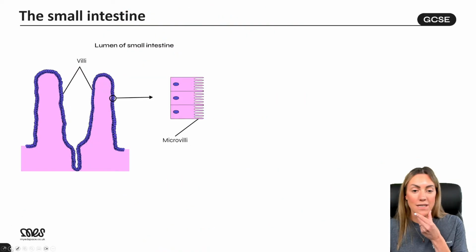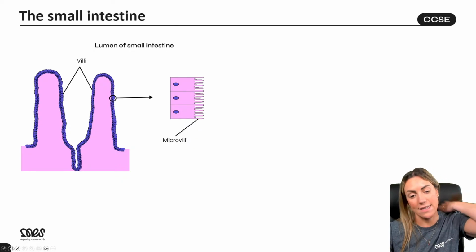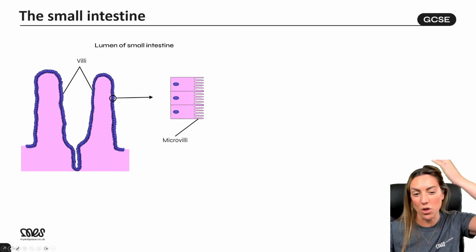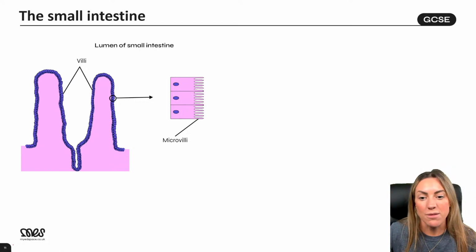I wasn't going to do food tests today because there was a big question on it last year. If you're really struggling, maybe we could quickly jot them down at the end, but we'll see how we are for time. Meiosis is paper 2, so we're not doing that tonight.